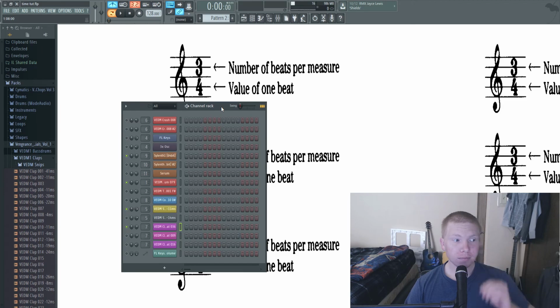Like, I really don't stray away from that. So I don't really know much music that uses different time signatures, but if you ever come in contact with that, now you know what it means. Like, if the song's in 2/4, there's only 2 beats per measure, and there's a quarter note for every beat, right? So it'd be more like